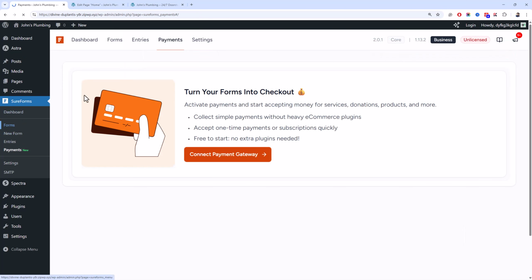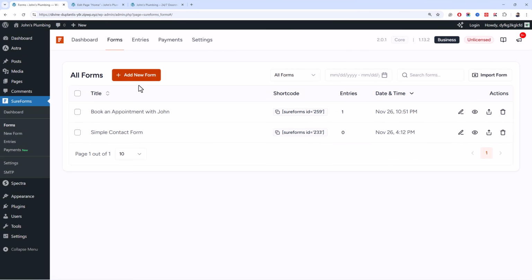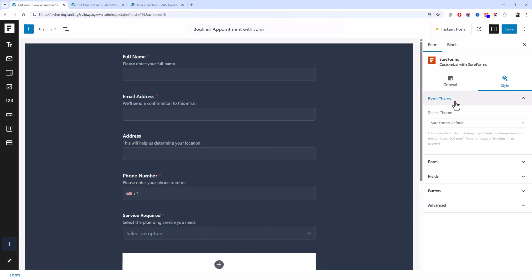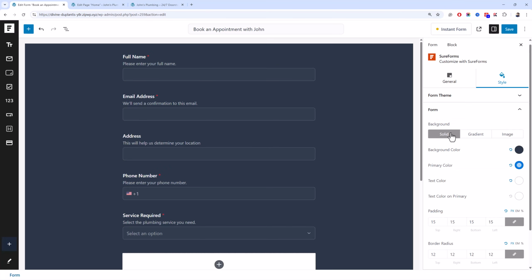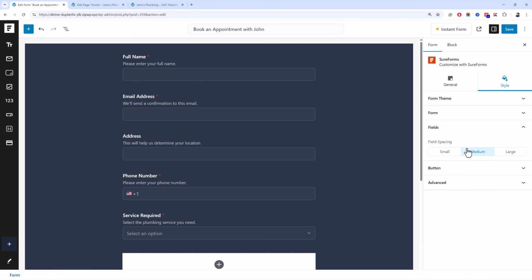And now if you go to the forms and just edit any form, you will see a lot more options like themes. You can set a custom theme or you can use a Showform's default theme, and then you can adjust other settings.